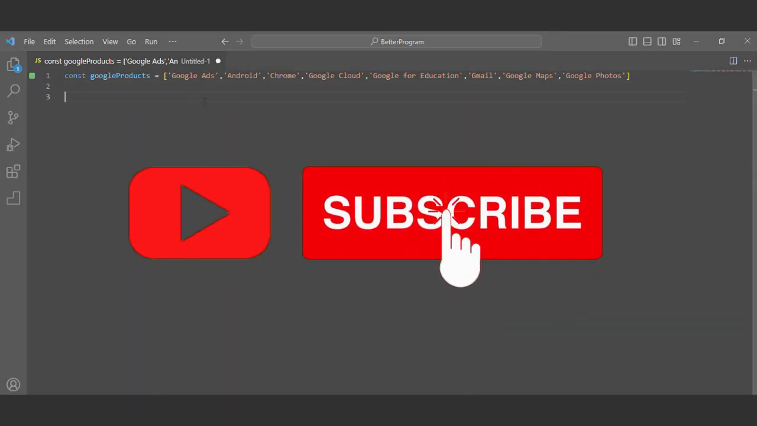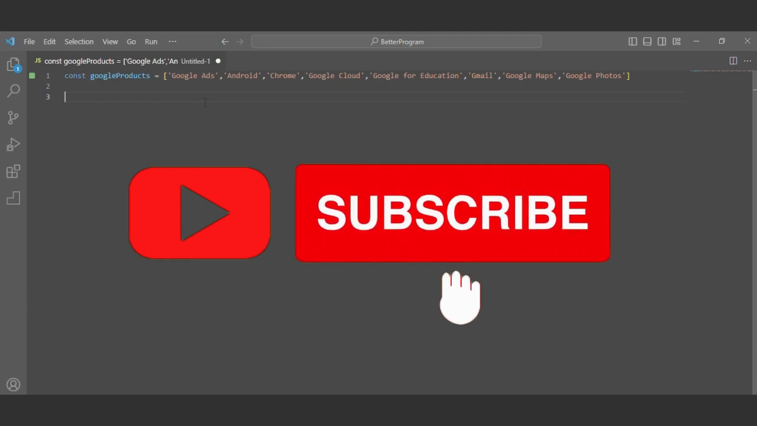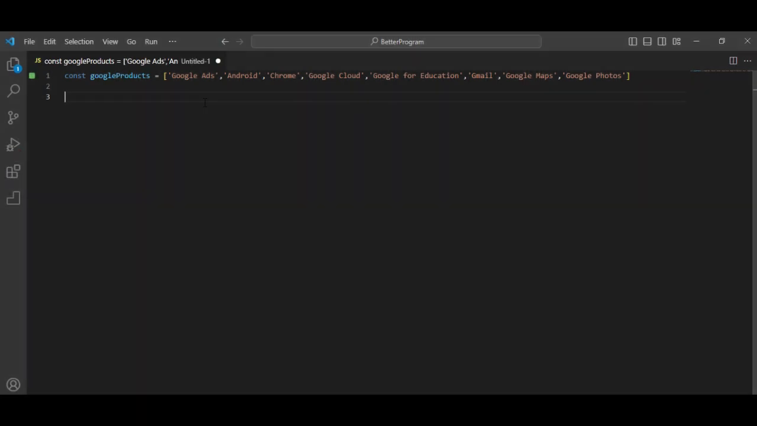The second method we can talk about is filter. The filter method creates a shallow copy of a portion of a given array, filtered down to just the elements from the given array that pass the test implemented by the provided function. For example,